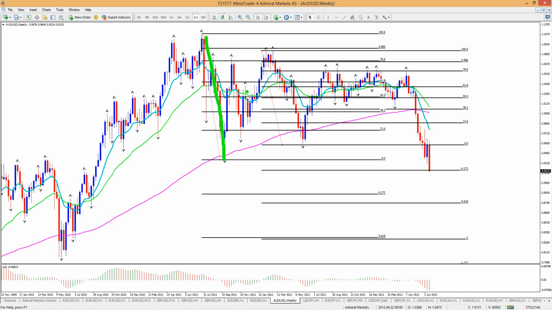All after that was just basically a correction, and now we get the continuation. That's how I also predicted the fall of gold early on and the rise of the yen. So those were all accurate, just like this Aussie as well, and also the euro, the pound. I had all of them right. So it's been a good year for me, but